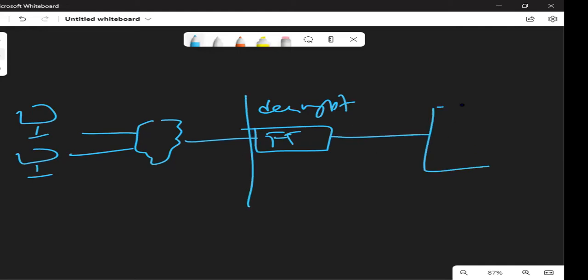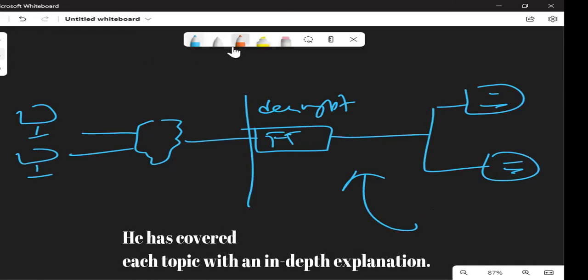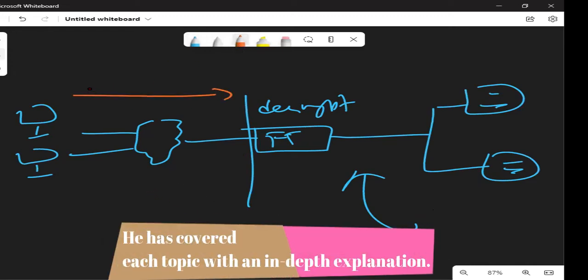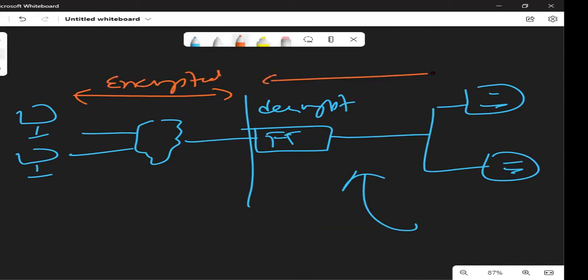And since your servers and F5 are in the same data center, the probability of a man in the middle attack within your data center is very low. It should be in your DMZ zone. So from here to here, it will be encrypted. From here to here, it will be encrypted. That is again usage of full proxy.